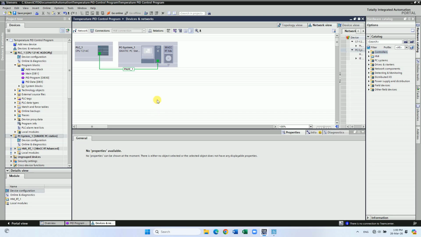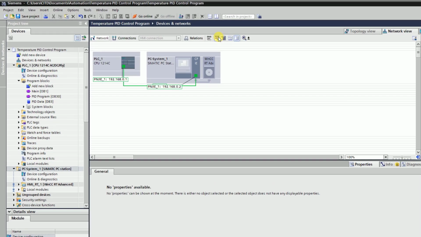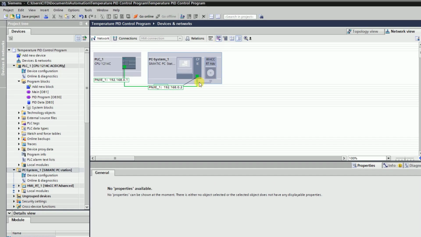the same network. Click on the icon for Show Address Labels in the menu bar for Device Configuration window. Here you will find the IP address for PLC and PC station that have been set by default in this project. Check if your PLC actual IP address matches with the IP address shown in this project. Note that IP address for these devices must be set properly, otherwise the PC station will not communicate with the